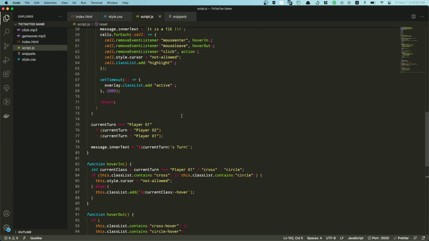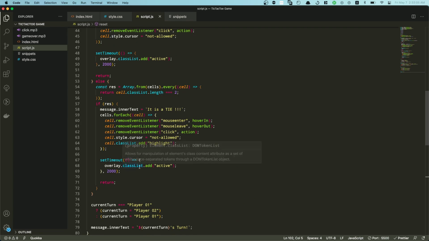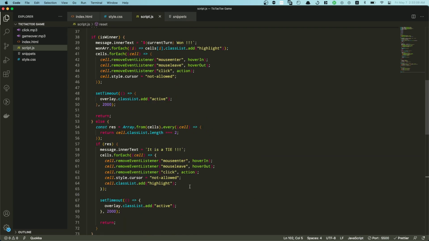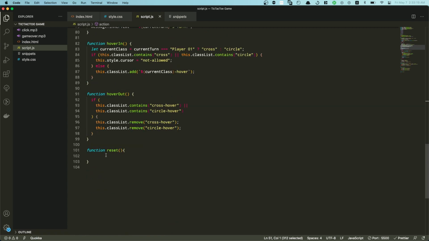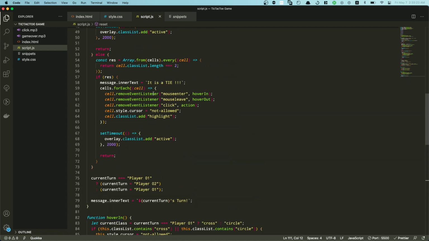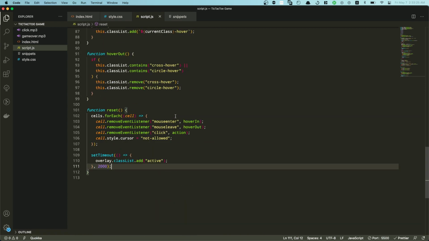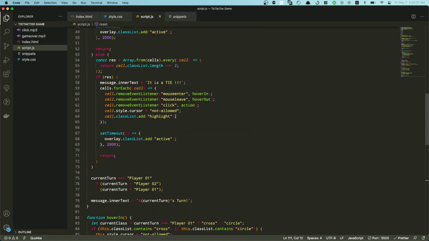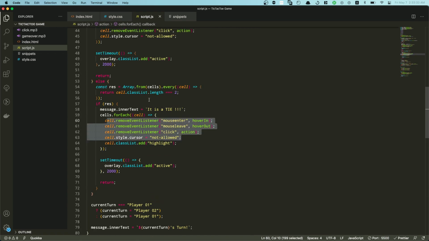So basically what this function is going to do, we need to actually copy all these out of there, copy them, and then just paste them right here. Okay, there is one more thing right at this place, that we have cell.classList.add the class of highlight, and then